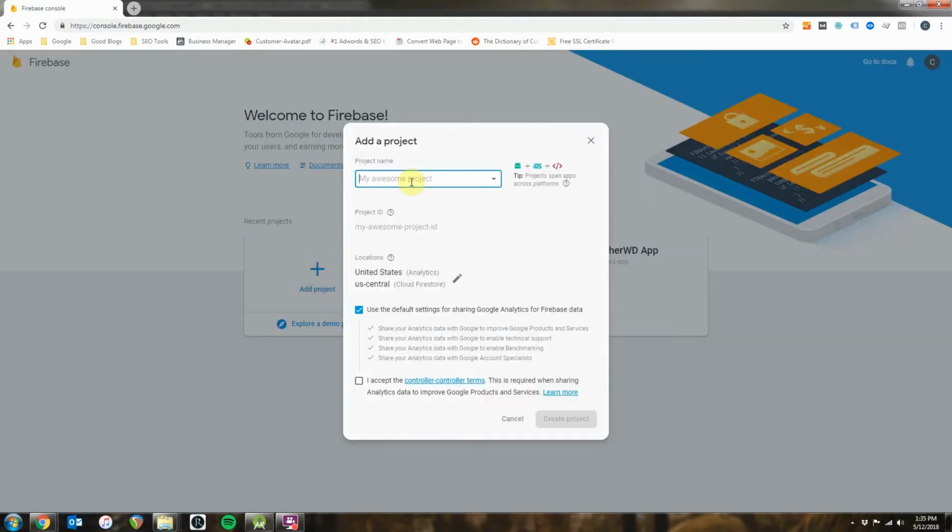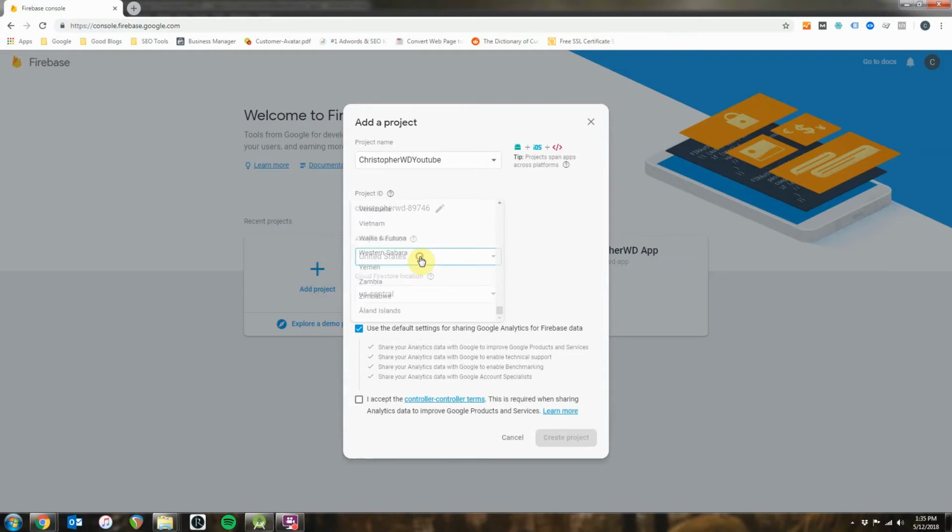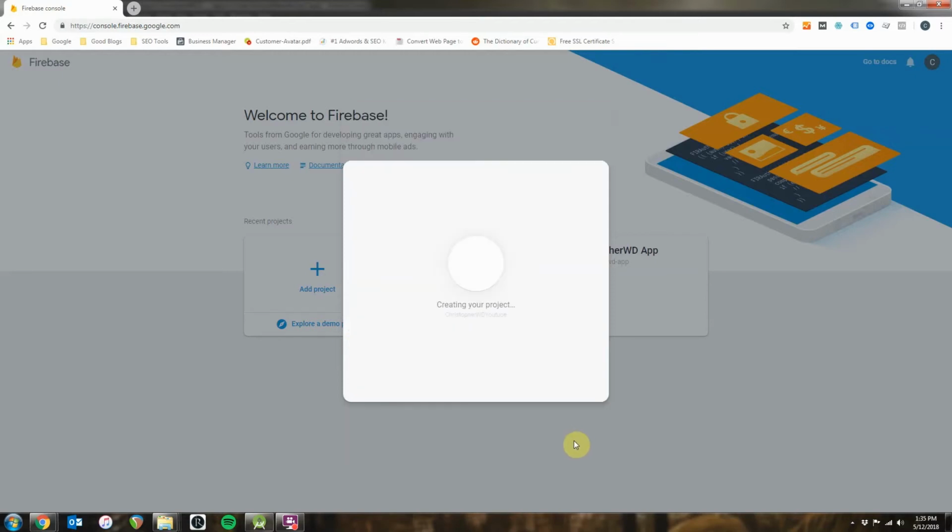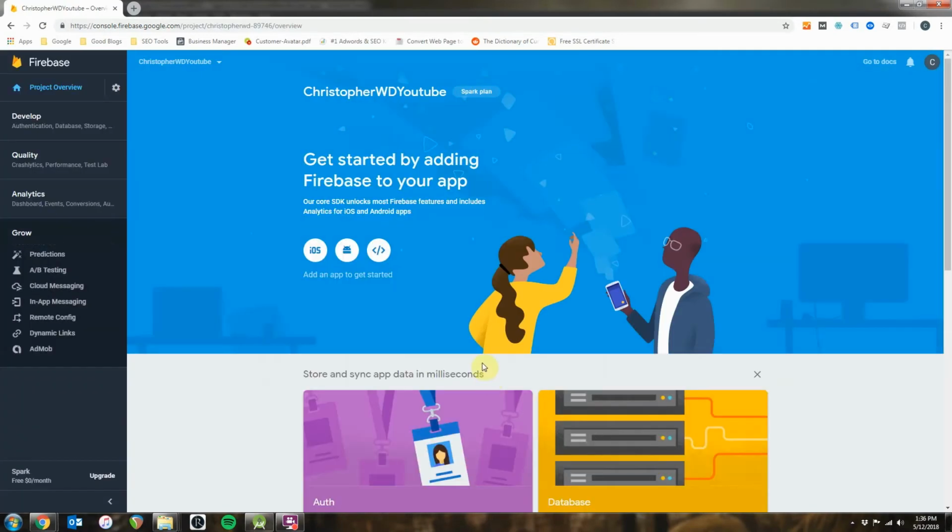Add project. Name your project. Christopher WD. Update this. All right, accept, create project. Continue. Cool. All right, so first thing we want to do, we're making an Android app, so we'll go to